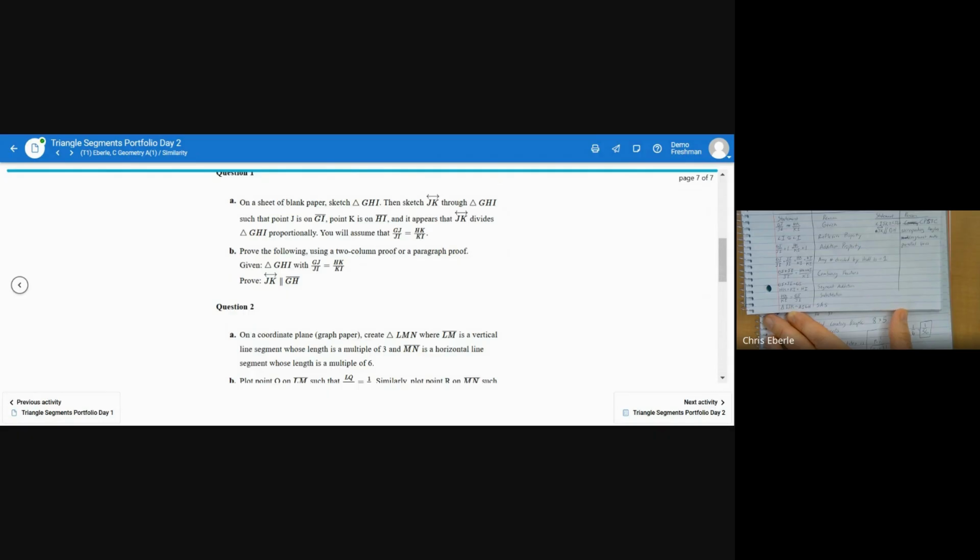I wrote out this long proof, and I finally proved that JK is parallel to GH because corresponding angles of congruent triangles make parallel lines. Okay, so yeah, there's a lot to this one. So you can use the proof that's already written, or a different proof, but you need to substitute in these values for it